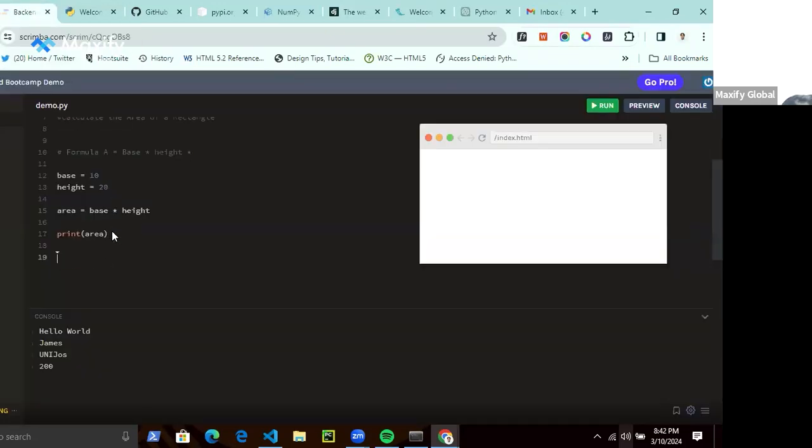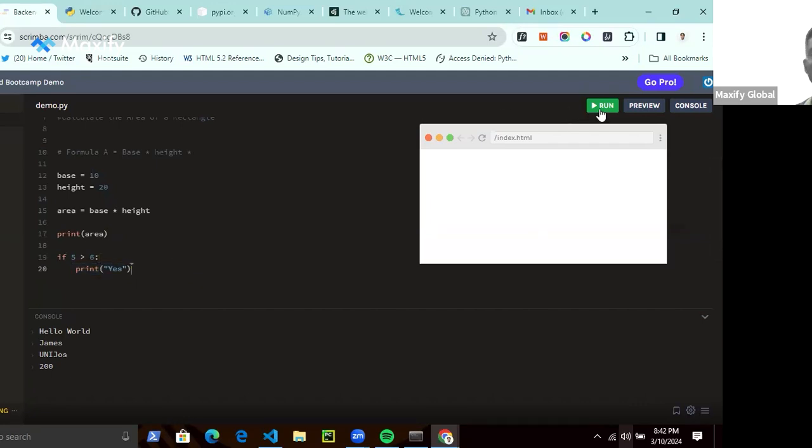So let's quickly do a demo. If 5 is greater than 6, so this code is not going to run. It's not going to print yes, because 5 is not greater than 6.